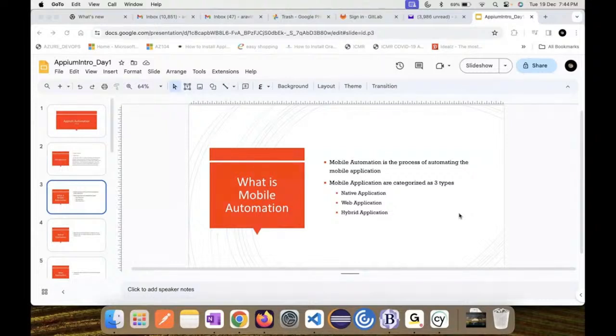Okay, so which device do you work on, iOS or Android? Android. Okay, thank you. Both the devices. Yeah, that's great.